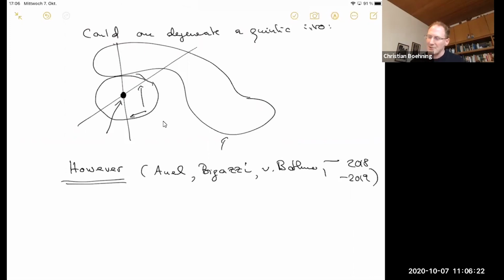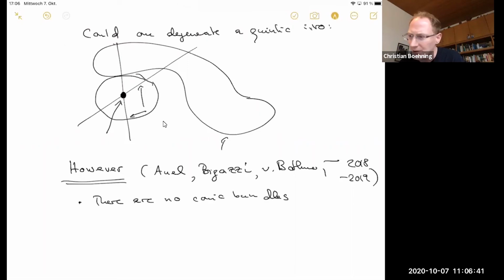This is just because the universal discriminant for conic bundles in characteristic 2 is singular. So unfortunately, there are no conic bundles